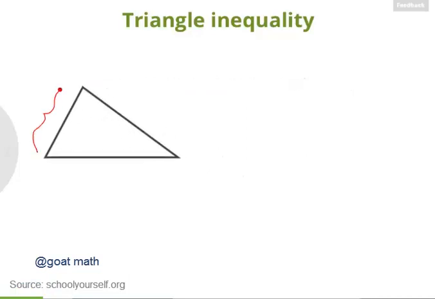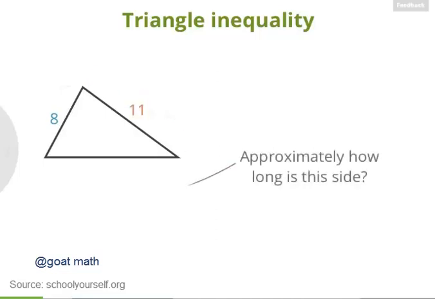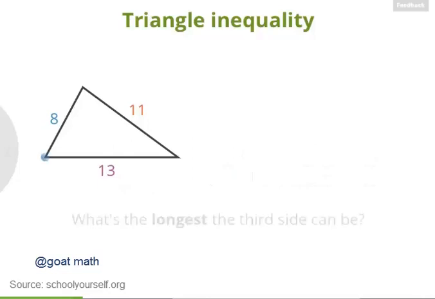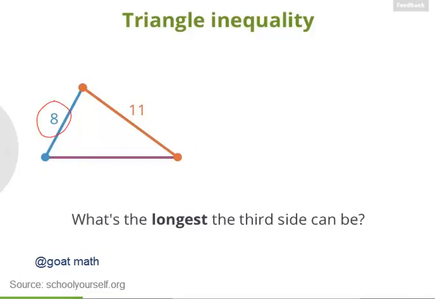Suppose I tell you that this side has a length of 8 and this side has a length of 11. Then how long would you say this third side is? Great, so it turns out this side has a length of 13. Now the question we'll be asking is this. If you know that 2 sides of a triangle have lengths of 8 and 11, what's the longest that the